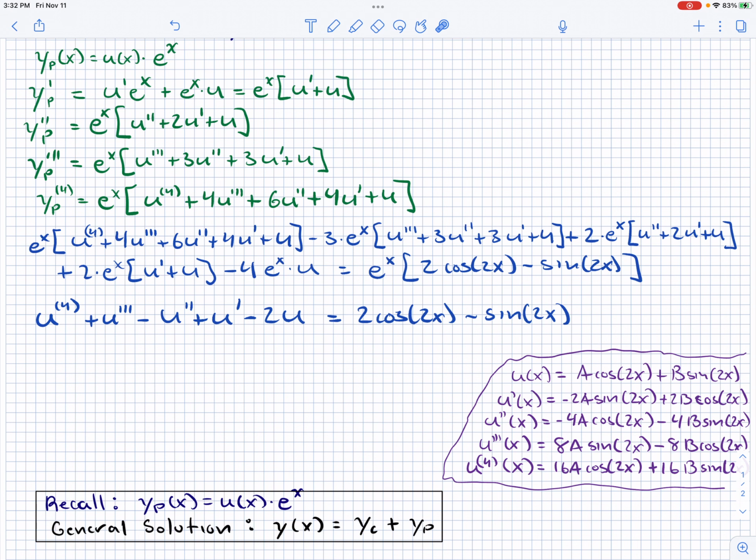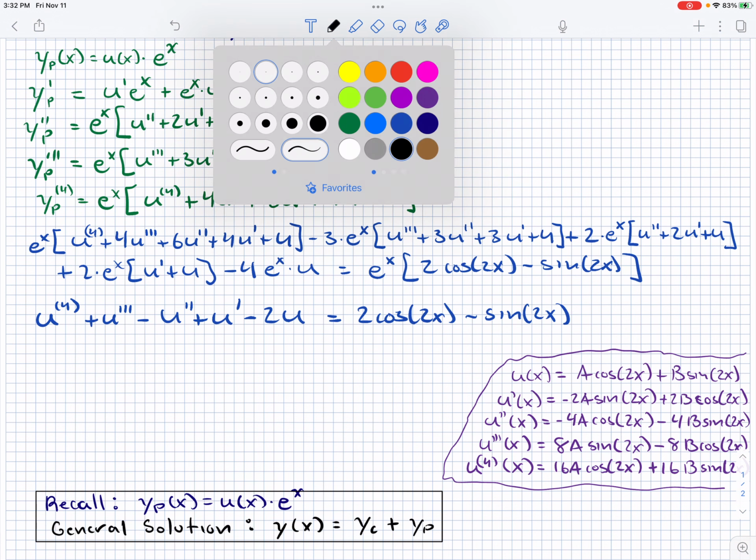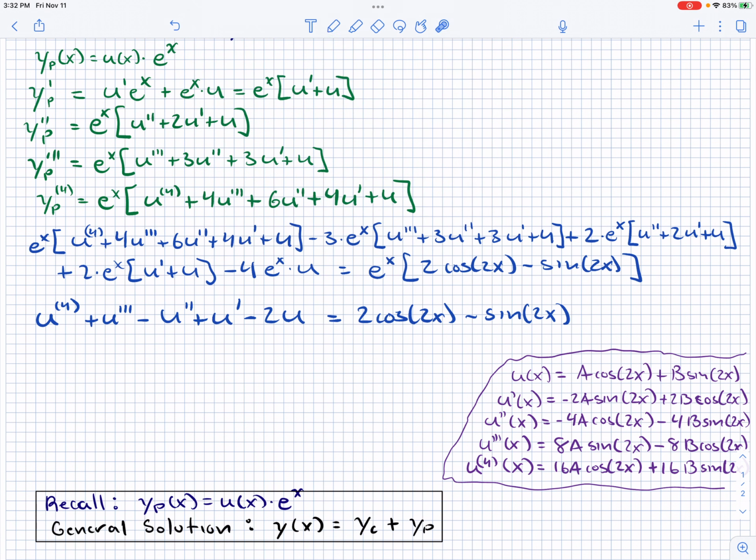And when we plug that stuff in, I'm not going to write that part again, for the sake of saving some time. You do just plug these into the differential equation, and then you'll combine like terms, and what you end up with